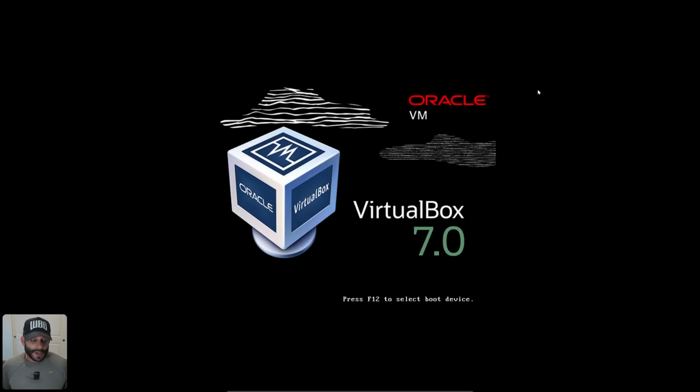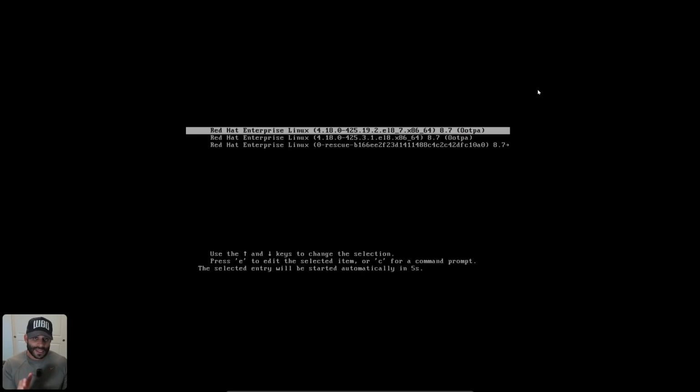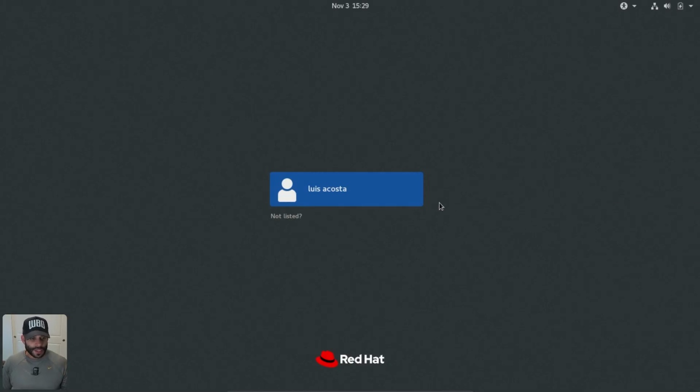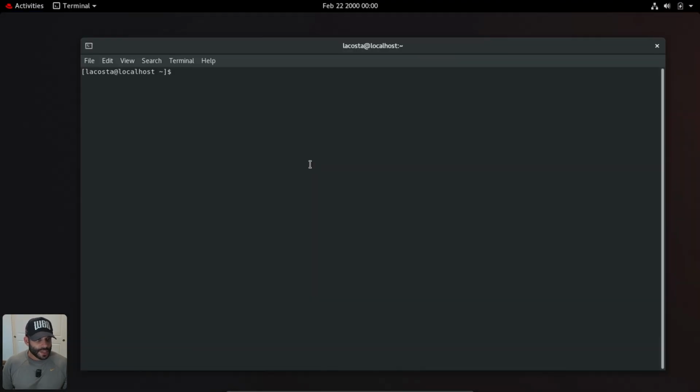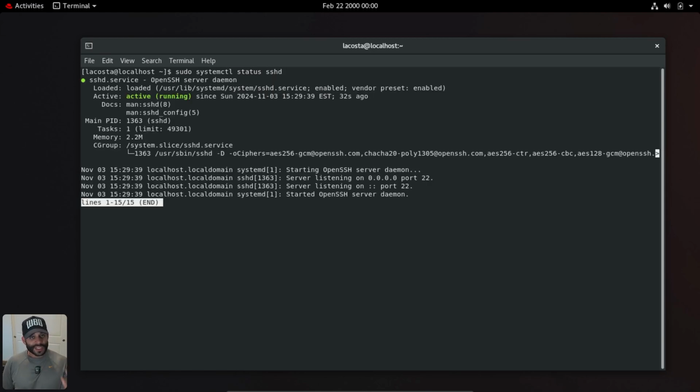now our RHEL 8 box is rebooting, so let's go ahead and give that a second to complete. All right, so let's go ahead and log in now. Let's open up our terminal. So now let's do a sudo systemctl status sshd, and you can see that upon startup, our SSH is up